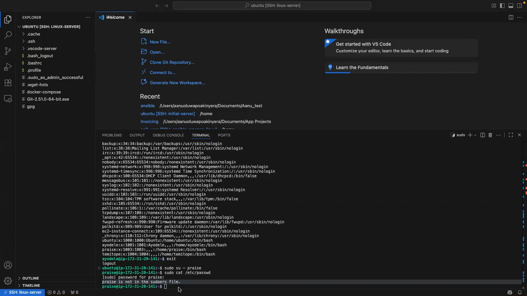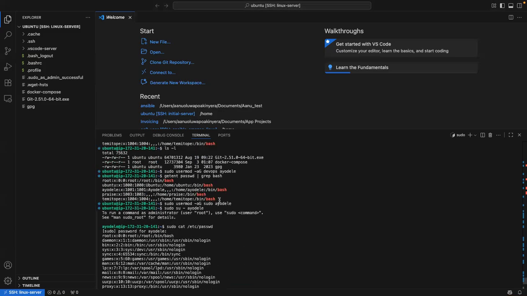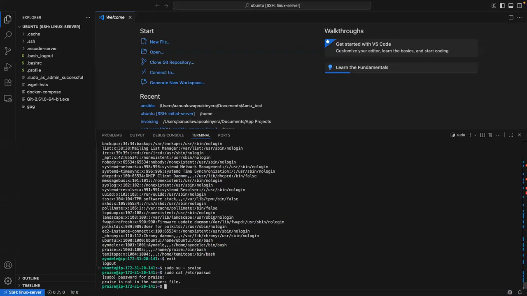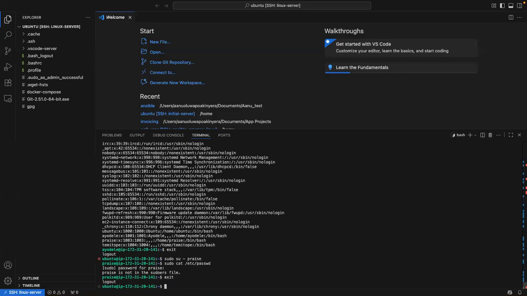Does that make sense? So when I added Ayodele to sudo, it could easily start running sudo commands. But praise is a new user who is not in sudo. So let us now exit, because if I try to add praise to sudo from here, praise cannot run a sudo command.